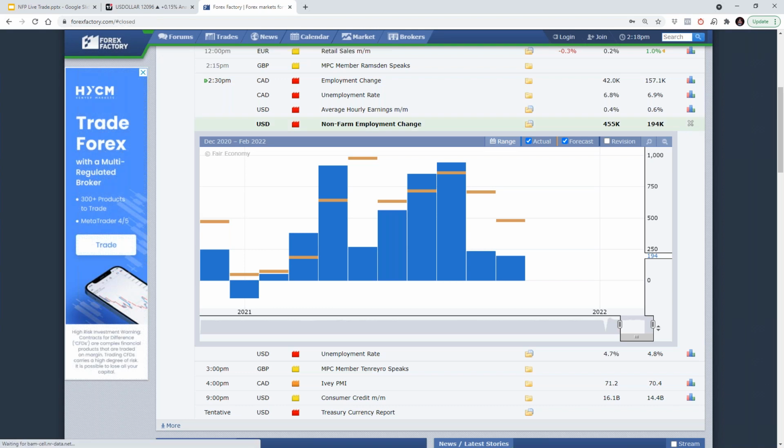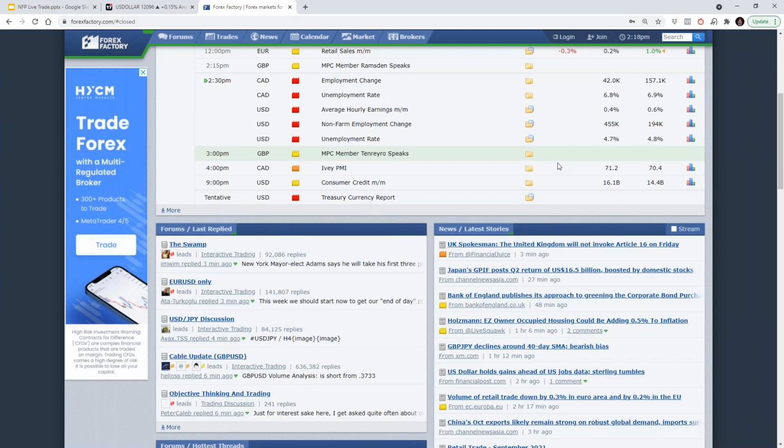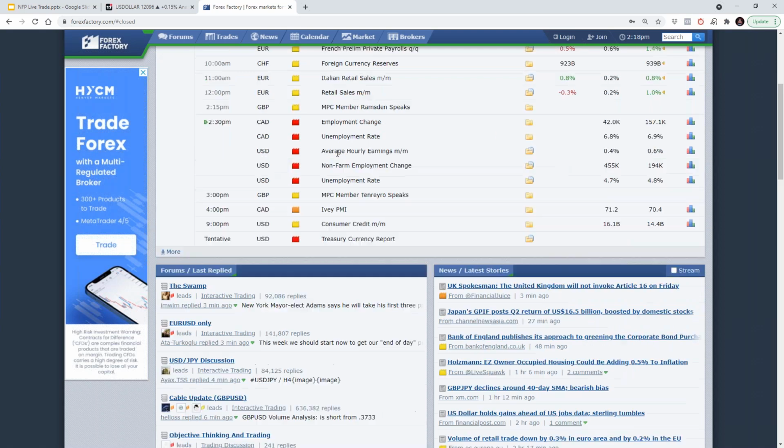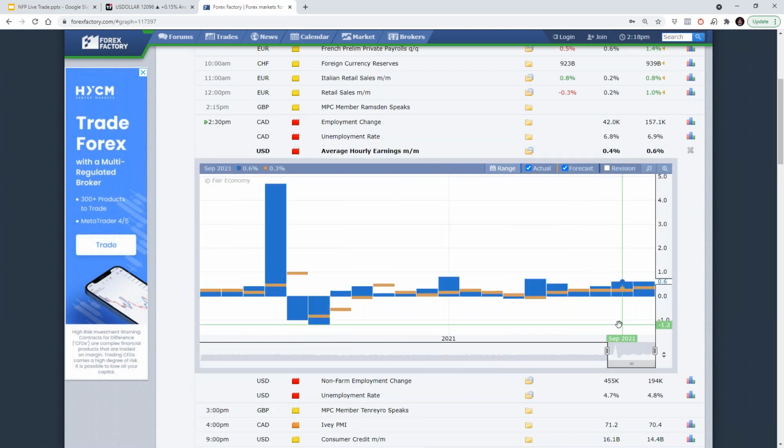The other metric to keep an eye on is average hourly earnings. So inflation is an issue at the moment in the States. Not just the States, globally, inflation is starting to show itself. The common hypothesis is it's transitory in nature. In other words, it's only temporary. Once those supply chains effectively come back online, it should bring in enough quantity so that the excess disappears. Let's just close that as well.